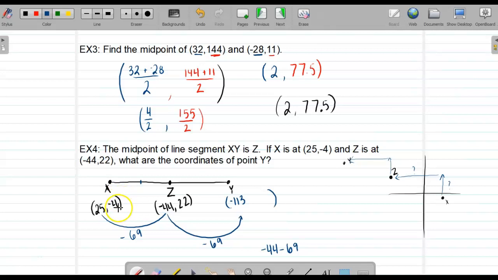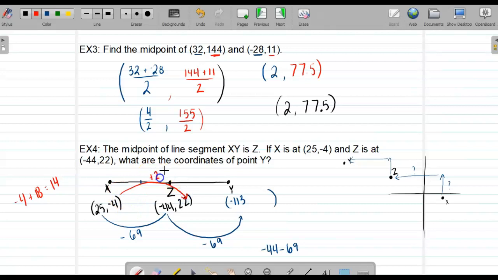Okay, so for negative 4 to 22, am I adding or subtracting a number there? I'm going to be adding. So, what number am I adding to get from negative 4 to 22? Not 18, because negative 4 plus 18 would give me 14. If it was positive 4, you'd be right about that 18, but it's a negative. Okay? So, it's 26